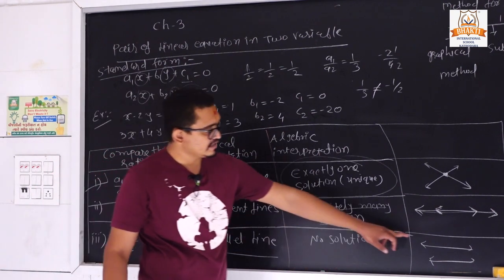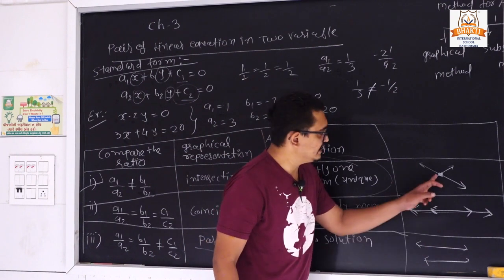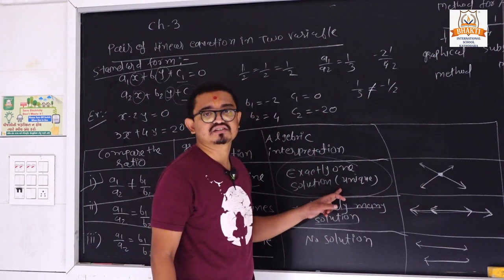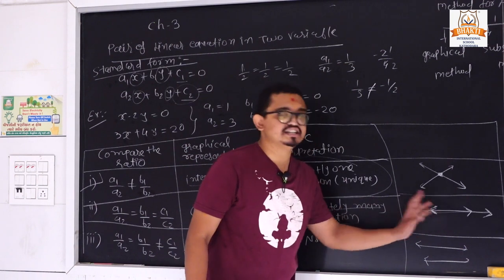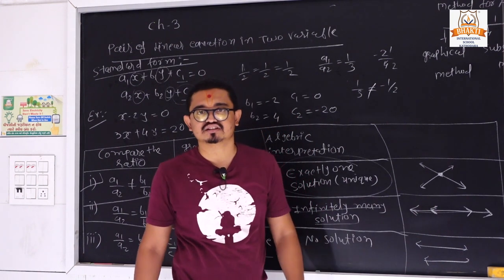Clear? And second thing, if we draw the graph of that equation, it is always parallel lines like that. Clear? They are not intersecting. It means no solution. If they are intersecting, it means only one solution. And if they are coincident, it means both have equal solutions, so we cannot find a single solution.